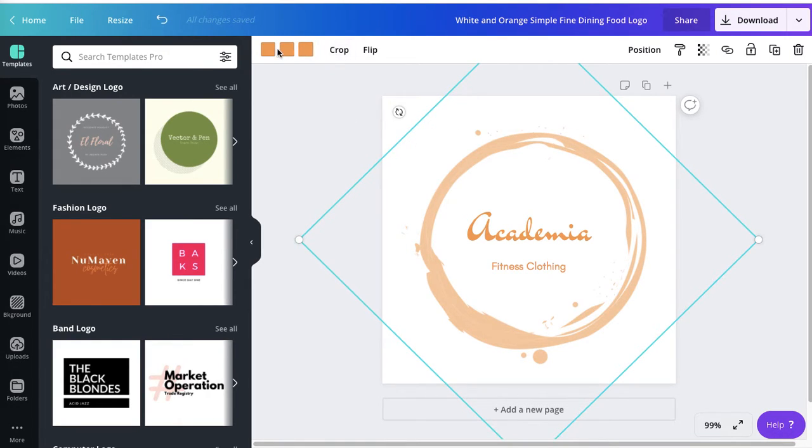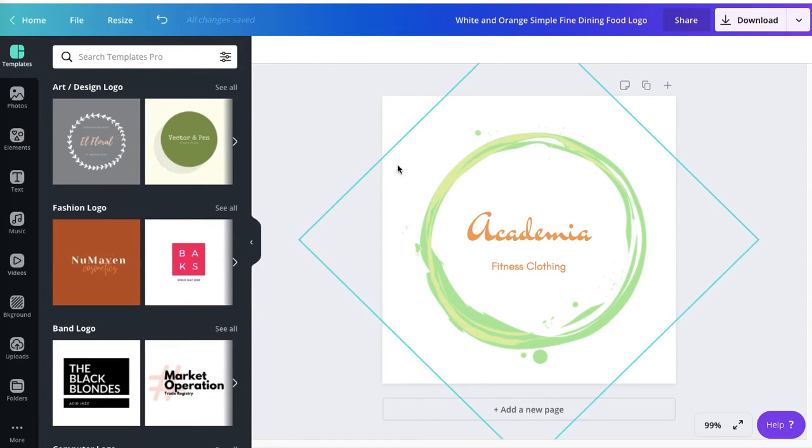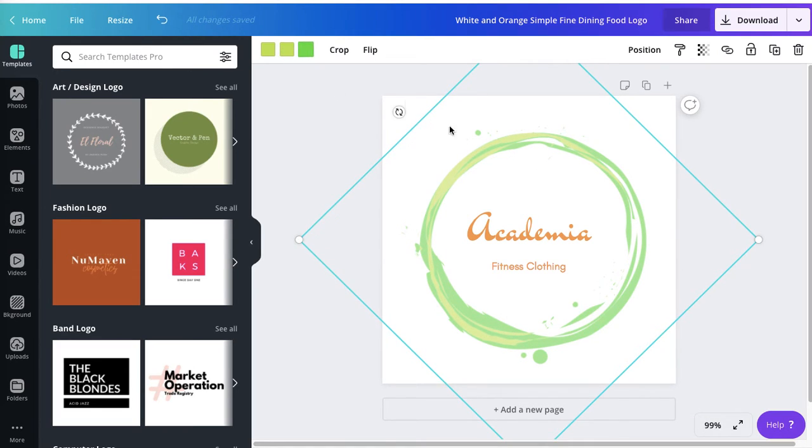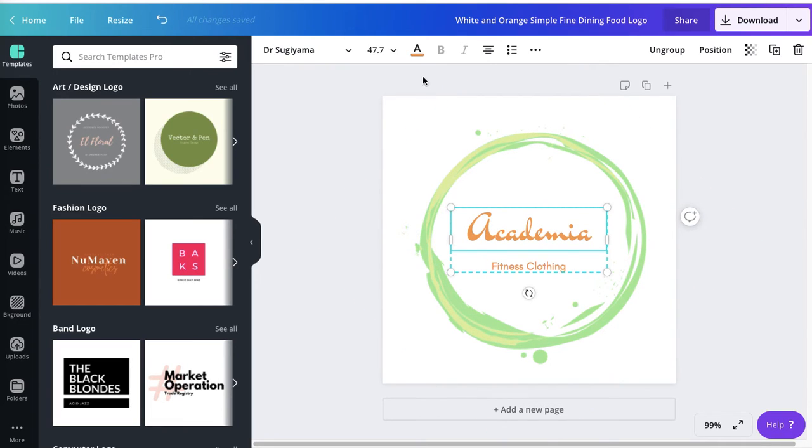So these are 3 different tones. So perhaps we can go for a little bit of green, a little bit of sea green, blue, something like that. So let's have a look. Okay, so I changed the green here to those 3 different tones, and I'll change the text color as well. So click here